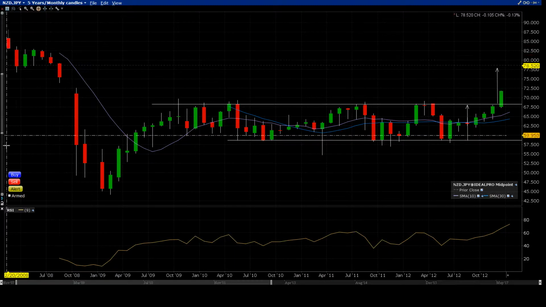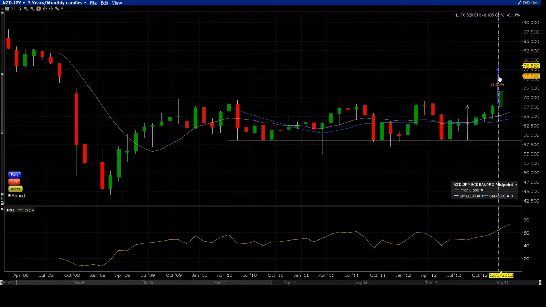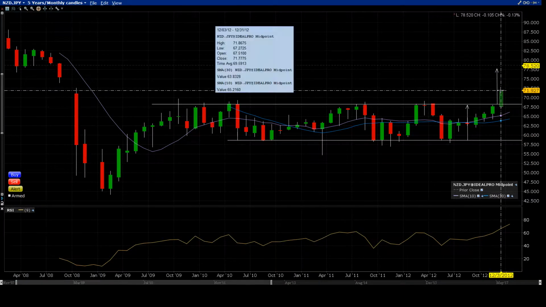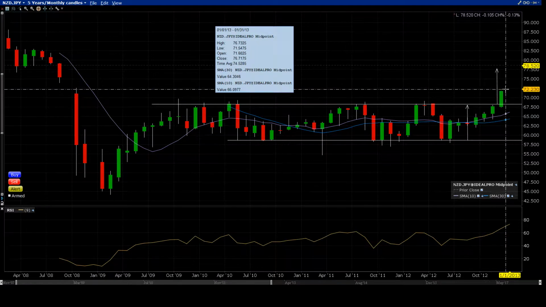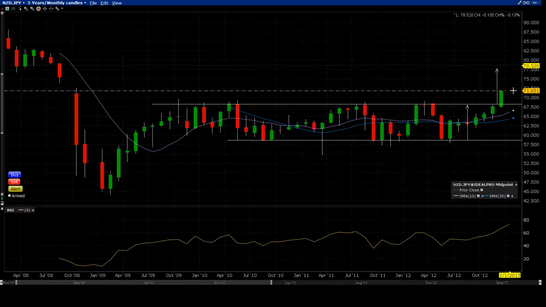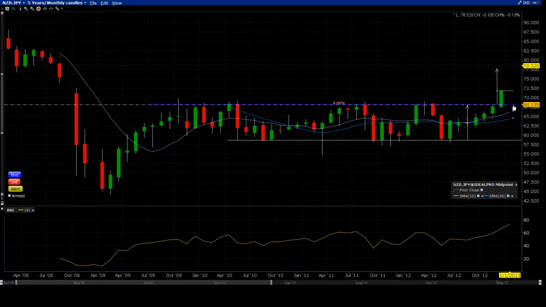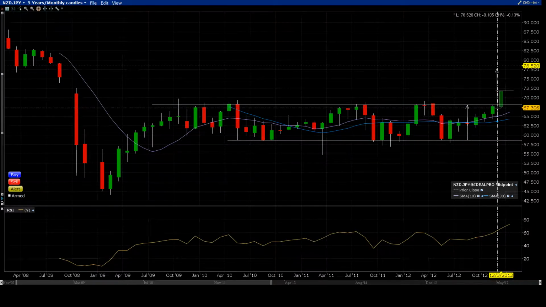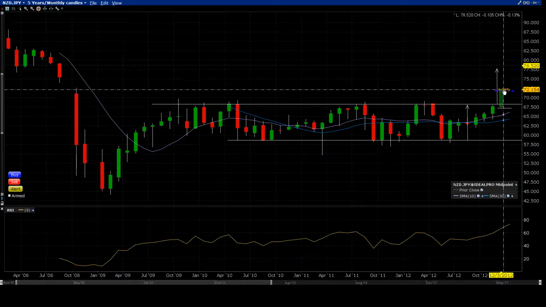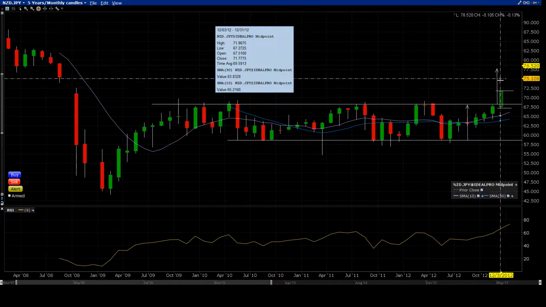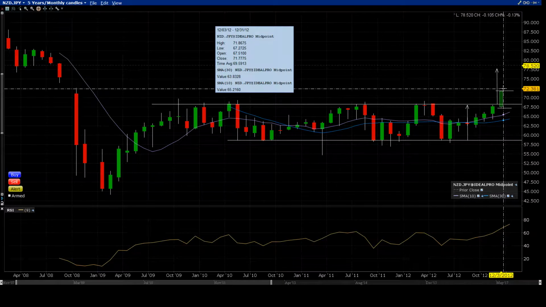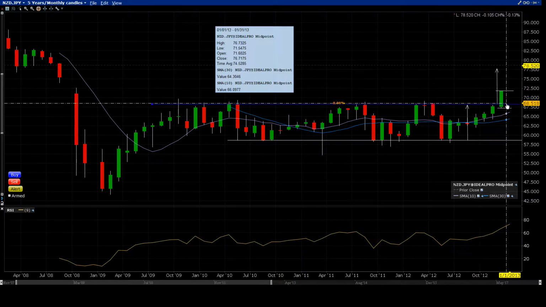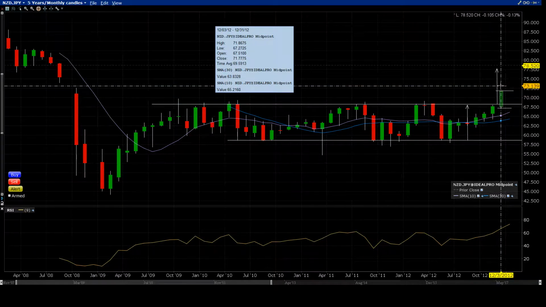So here's my target on the monthly chart. I would enter here, 72 level. And you know what I'm going to do? I'm just going to draw some lines. Okay, see, this is my entry. This is my sell stop. This is my risk. And this is my reward. So it's just like maybe 1-to-1 or maybe 1 to 1.2. Not a super duper risk reward.